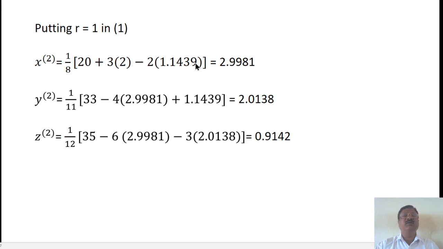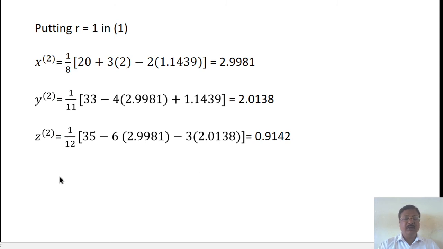Now putting r is equal to 1, the second iterate: x raised to 2 is 1 upon 8, 20 plus 3 into 2 minus 2 into 1.1439, that will be 2.9981 after simplification. Similarly, y raised to 2 is equal to 1 upon 11, 33 minus 4 into the value of x plus the value of z, which is the last value 1.1439. After simplification, it will be 2.0138. Now z raised to 2 is equal to 1 upon 12, 35 minus 6 into 2.9981 minus 3 into 2.0138, which will give you